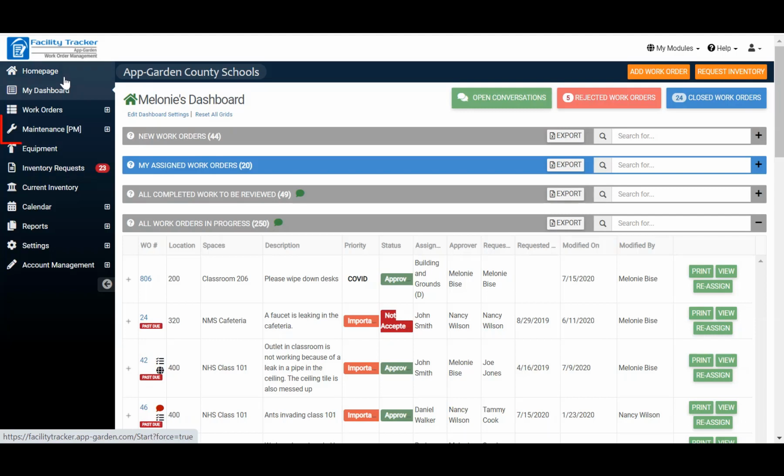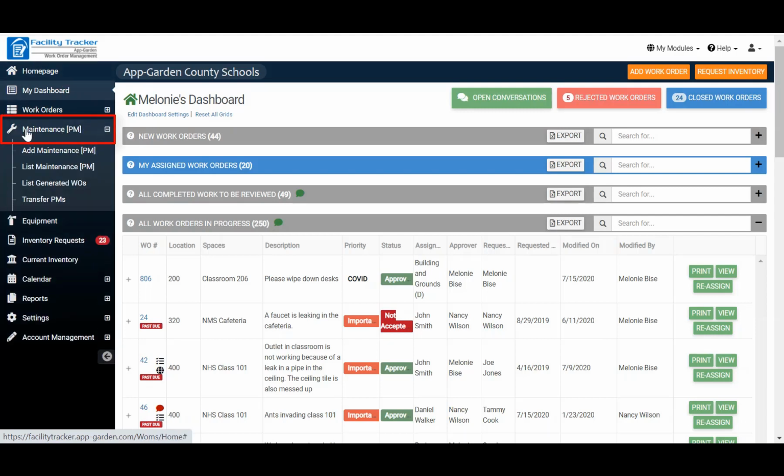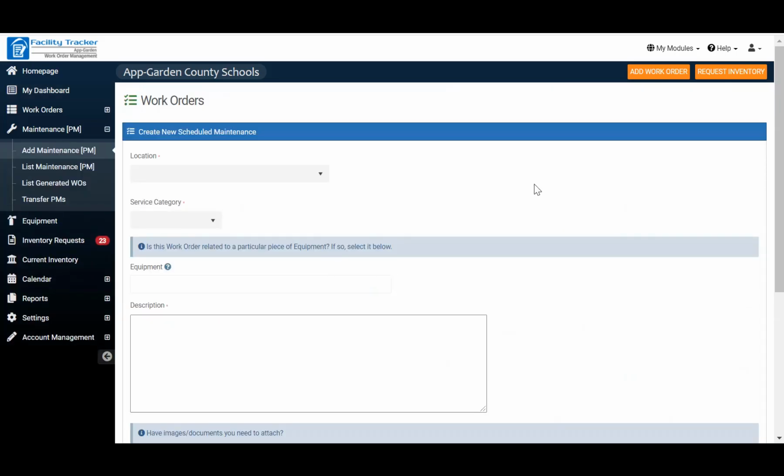Preventative maintenance is located here on the left-hand side, right by this wrench. When you click that little plus button, it's going to expand. So first, we're going to take a look at adding a preventative maintenance. When you go to add a preventative maintenance initially, it's just like the work ticket as if you were to add a work order. So we'll go ahead and pick a location,